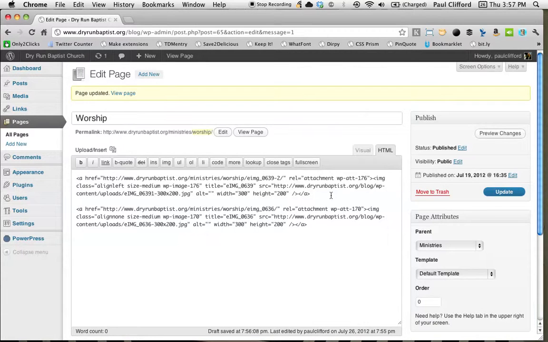And then there's a carriage return, an enter, and then another set that starts with less than a, and so on. You don't need to know what this is. Basically, each of these sets of code was automatically inserted by WordPress, so it should work perfectly fine. We'll hit update here